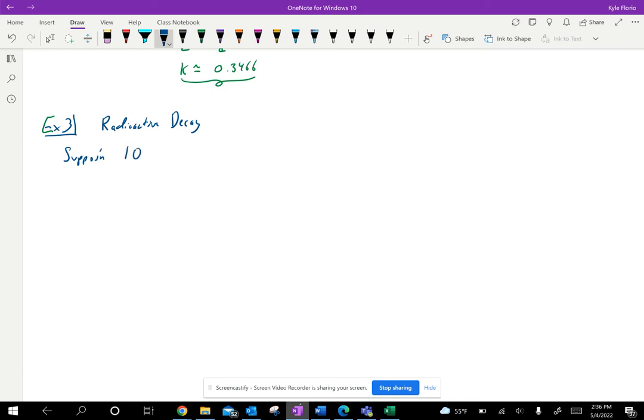Supposing 10 grams of plutonium isotope, which is referred to as 239 Pu, was released in the Chernobyl